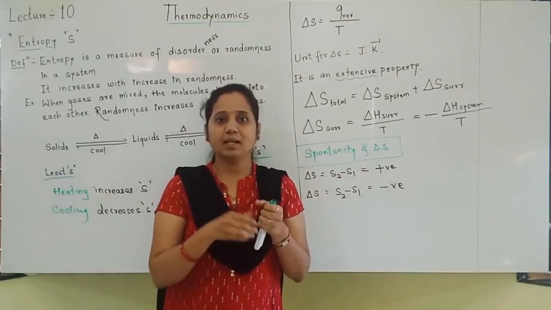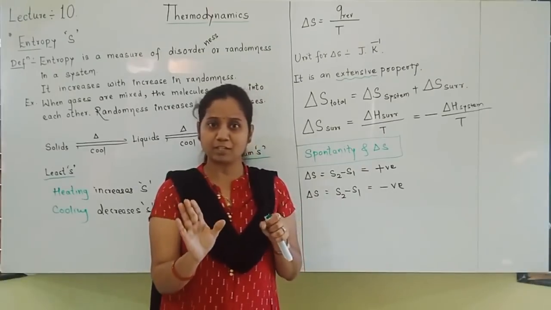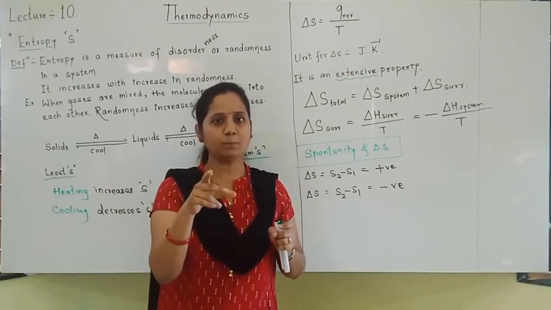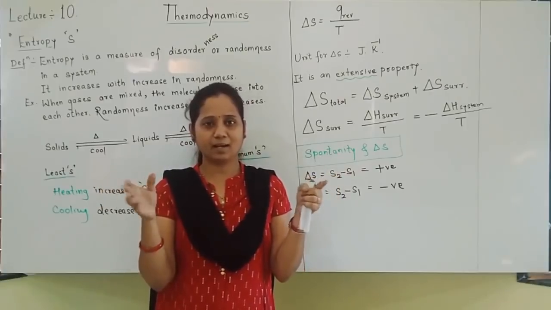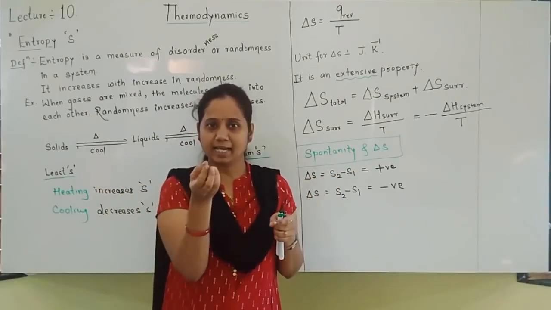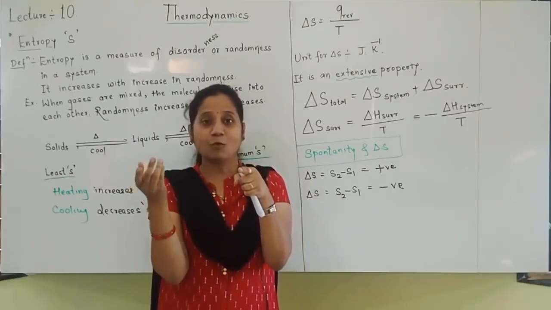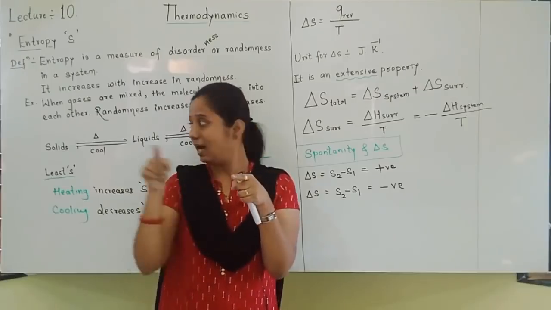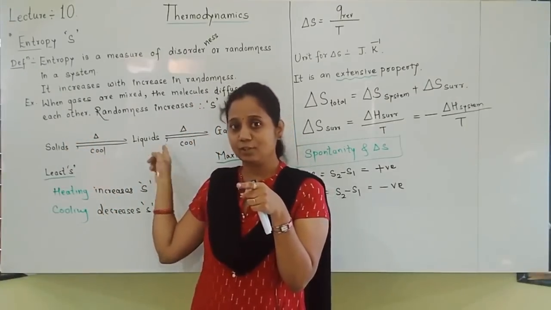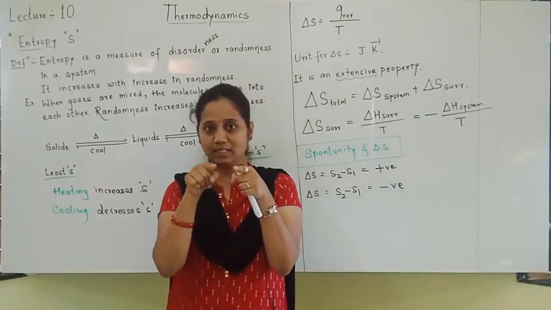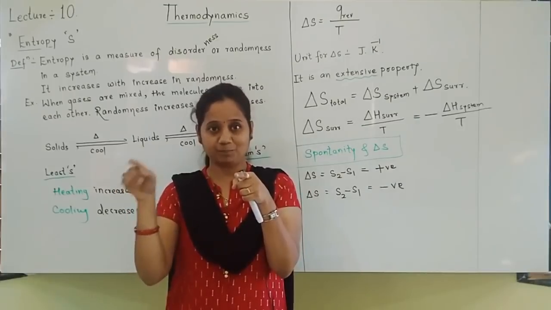Let us see. Ice is melting. We kept ice at room temperature. We are not even heating it, just kept at room temperature, which will be up to 26, 30 something. Ice starts melting. What happened to entropy? Solid gets converted to liquid. Entropy is increasing. So S2 is more than S1.